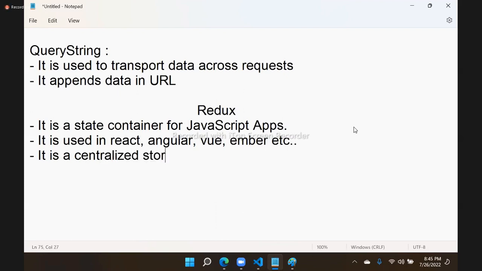Centralized store for application state. Understood? It is a centralized store for application state. What is meant by application state? I told you, right? It is a centralized store for application state. What is the meaning of that? That means